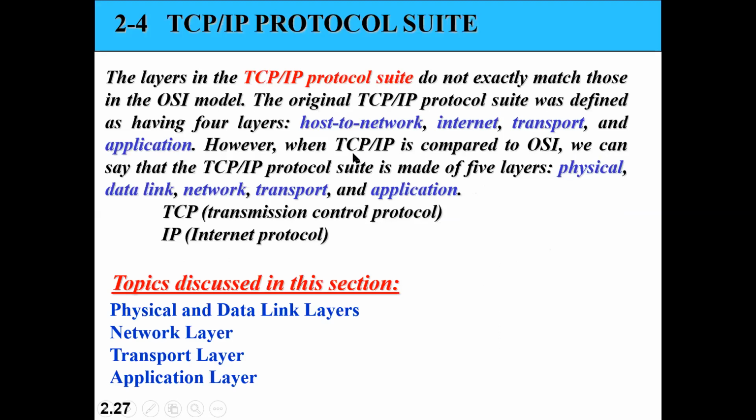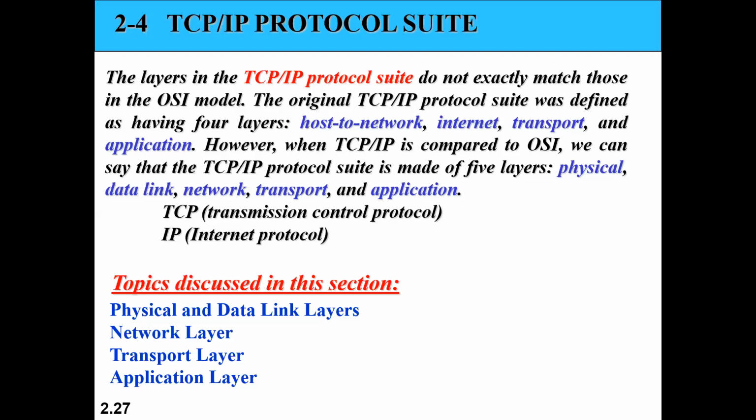So keeping that in our head with respect to your OSI model, network administrators have designed one more model. The name they have given is the TCP/IP protocol stack. It's also a layered architecture. Same 7 layers, they have compressed it. We don't want to use all the 7 layers. We can reduce those 7 layers to 4 or 5 layers, where we combine 2 or 3 layers and get the same operation or facility. When 2 layers are merged, their characteristics are also merged, so all those details are available in one layer.